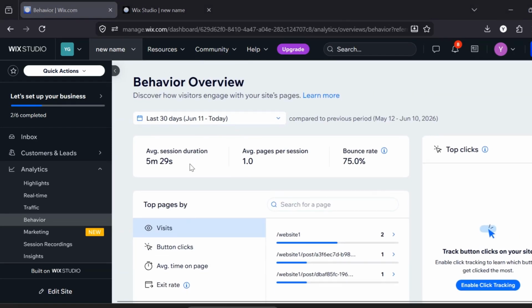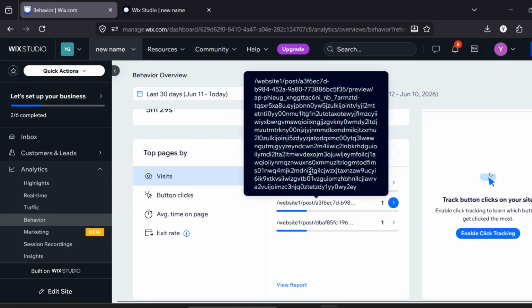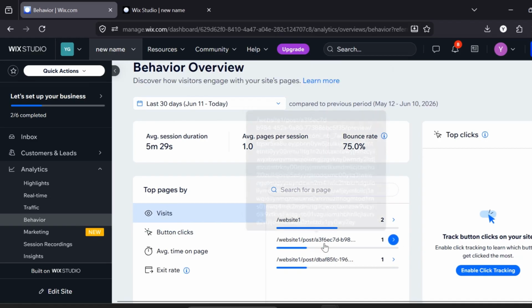In the Behavior Overview, you'll see top-level stats like average session duration, average pages per session, and your bounce rate. The bounce rate shows the percentage of visitors who leave after viewing only one page, helping you identify pages that may need optimization. You can also track top pages to see which pages drive the most traffic, and top clicks